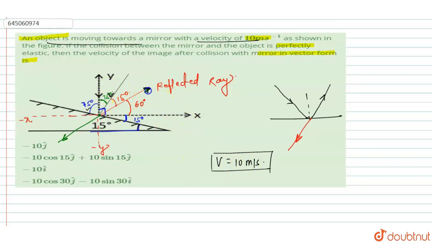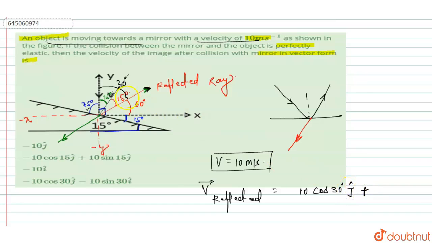This can be written as the reflected velocity, equal to 10 cos 30 degrees, because this angle is 30 degrees, then 10 cos 30 degrees in the j direction,